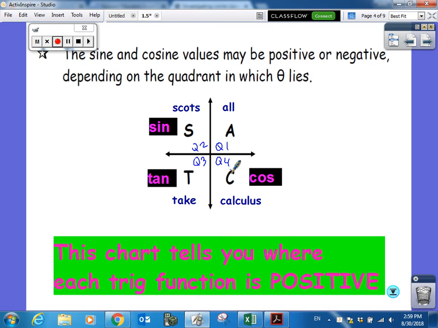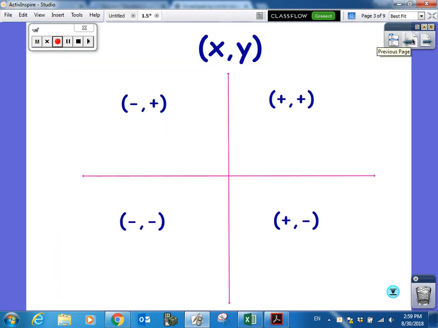All are positive, so sine is going to be positive up here, all in sine. Cosine is going to be positive over here, all in cosine. Tangent is going to be positive here and here, all 3, or actually all 6, and then tangent. Now, I'll go back to this page in a second, but if we look at this, if I just gave